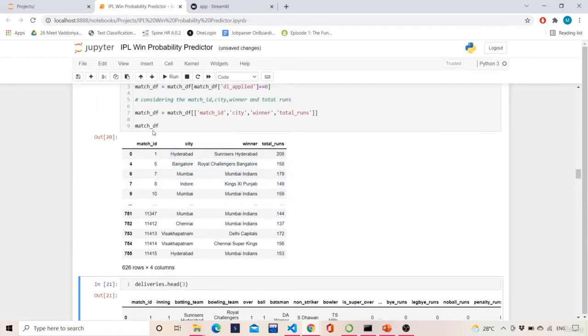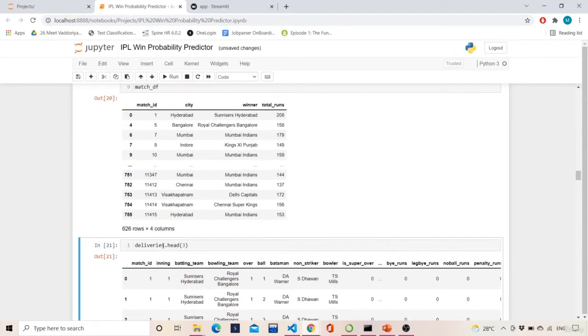So if we merge the match data frame with the deliveries data frame into a single data frame, we can perform a lot of operations on it. Instead of performing separate operations on each and then combining, I am combining the data frames into a single data frame and applying all the operations on that only. That makes the task a little bit easier.